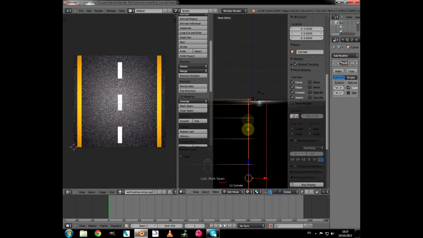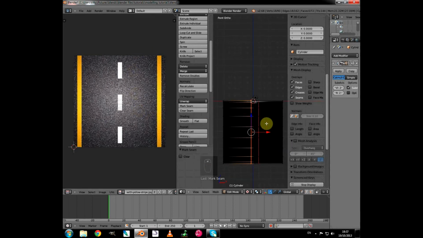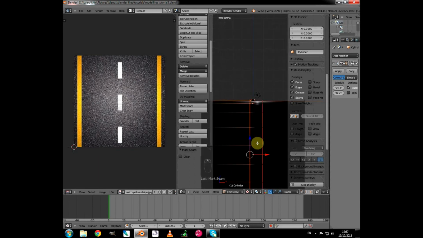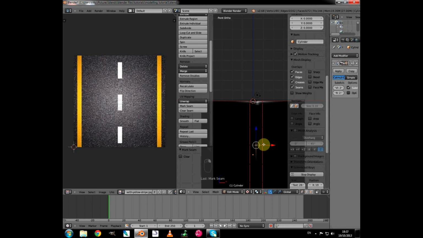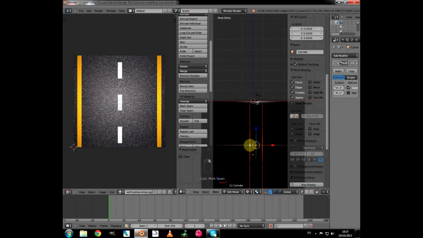essentially what it's done is it's made a virtual cut through the mesh that only affects the mesh in the 2D plane. It doesn't actually do any damage to the mesh, it just tells Blender that there is a cut here. When you unwrap it, make sure those cuts are separate. So if I now select one edge along the road horizontally and click Mark Seam,